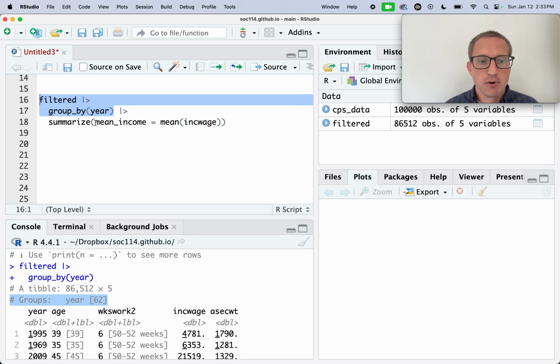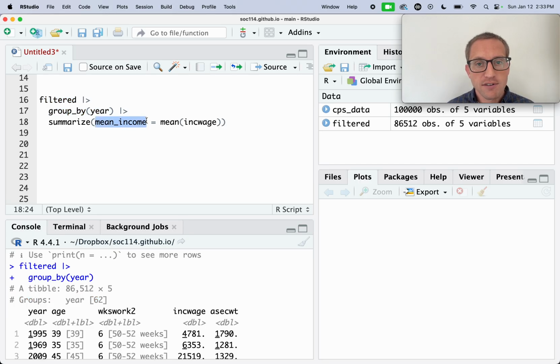Next, we're going to use summarize. Summarize is a function that will create a new variable. It's going to call that variable mean income. And what's going to be stored in that variable is the mean value of inc wage. Mean is a function that applies here to a vector of wages, just a series of numbers. And so summarize is going to take all the inc wage values within a given year and aggregate them into